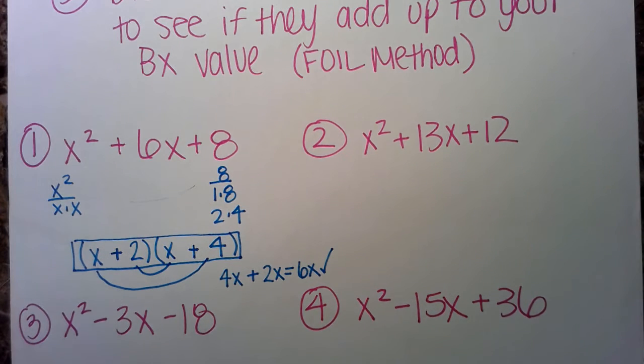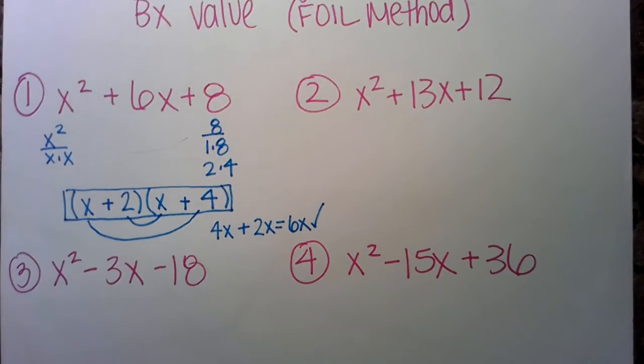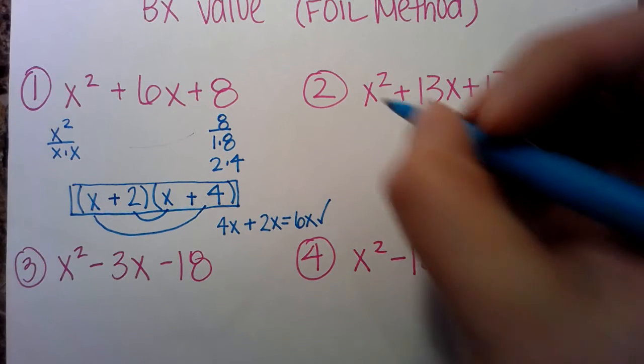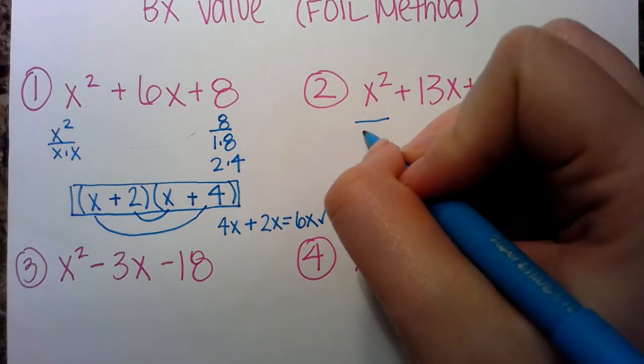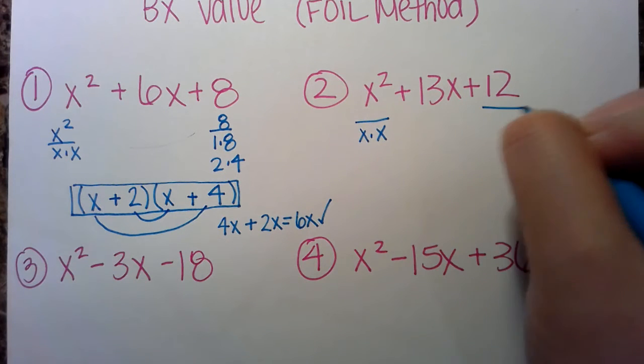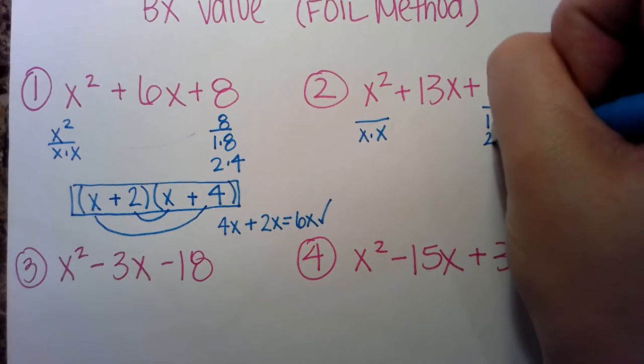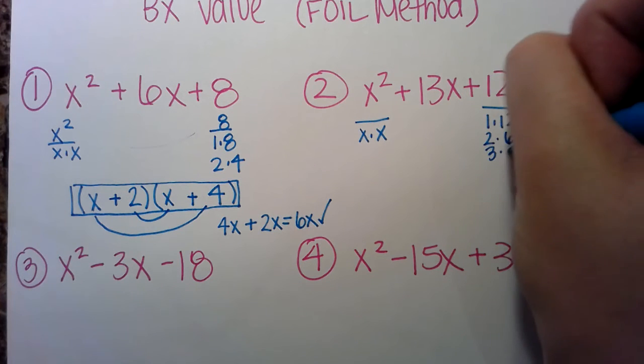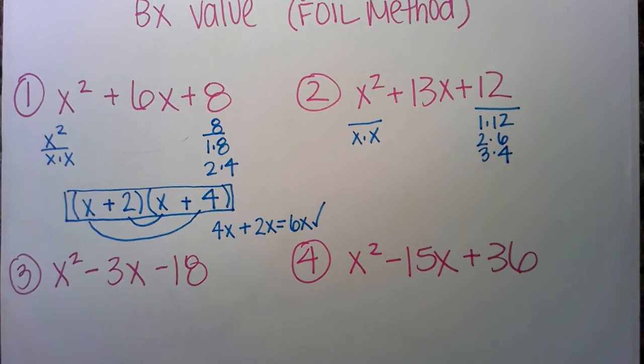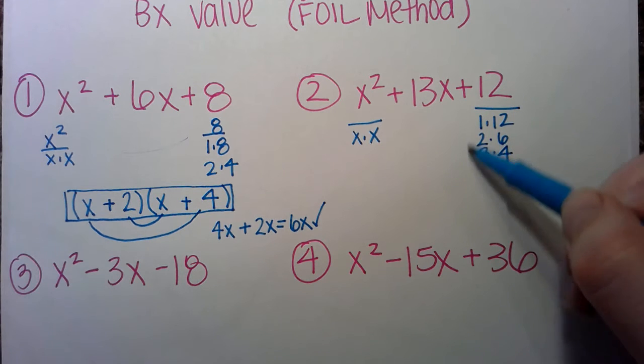So what I did is I just factored a trinomial with the a value equal to 1. Now we're going to use that similar method for number 2. We're going to find all our factors of x squared, so that's x times x. We're going to find all our factors of 12. So that's 1 and 12, 2 and 6, 3 and 4. So now I have to think to myself, how can I get